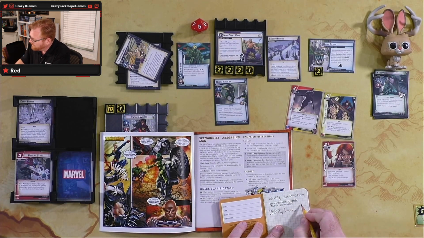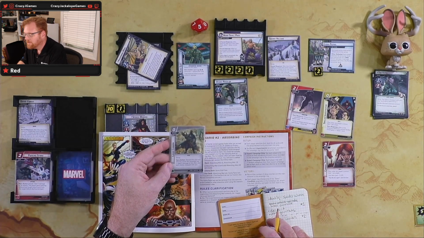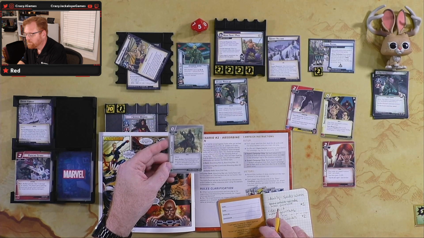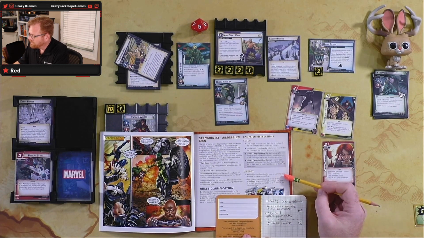So this was scenario 1 here, and then we'll make some dotted lines. And we're scenario 2. All right, so we had 5 delay counters. And then we used our laser cannon. It says discard this card and remove it from the campaign log. So laser cannon, gone. Okay, record the number of delay counters, and then each player may choose one of the